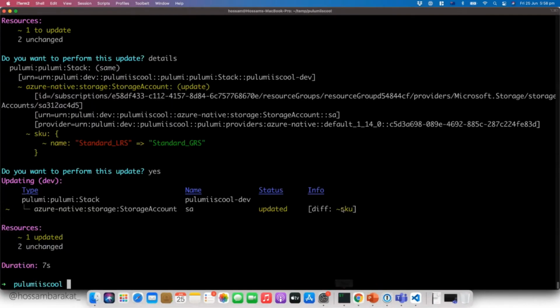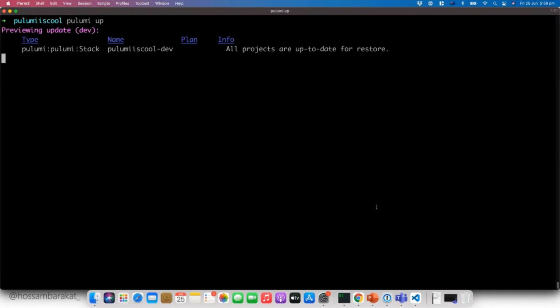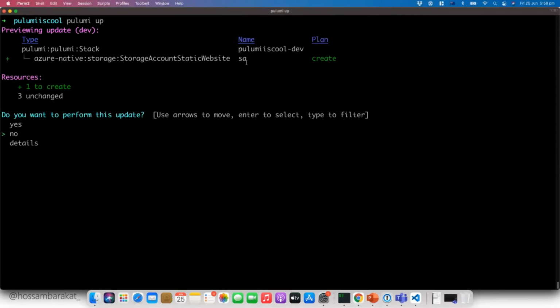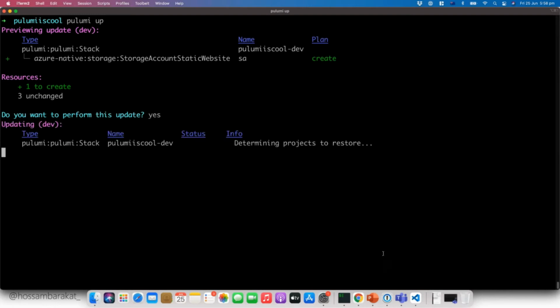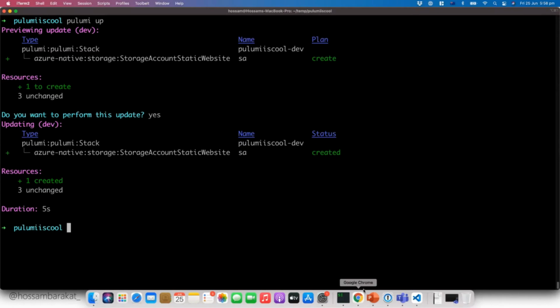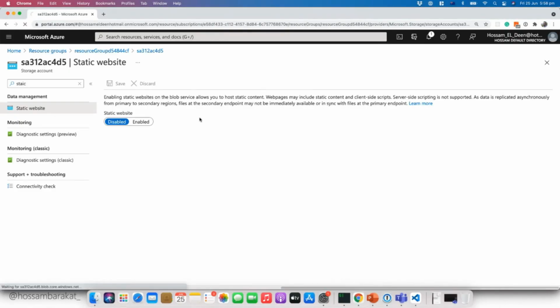With that, let's update our resources. This is now going to update that property for my storage account. I will go with yes. Awesome. If I refresh my storage account,